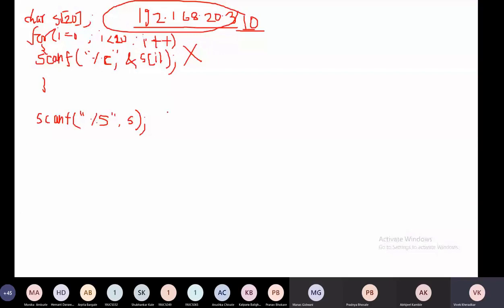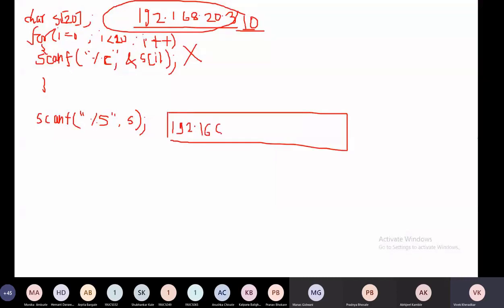Likewise in your string, it will now store this continuous string in which the first character is 1, second is 9, third is 2, fourth is dot, fifth is 1. Every character will be stored in your string. Currently, 192 dot and so on are all characters, and automatically after this entering, when you press enter, null will be appended. So your string starts at the character but ends at the null. That we call a string.